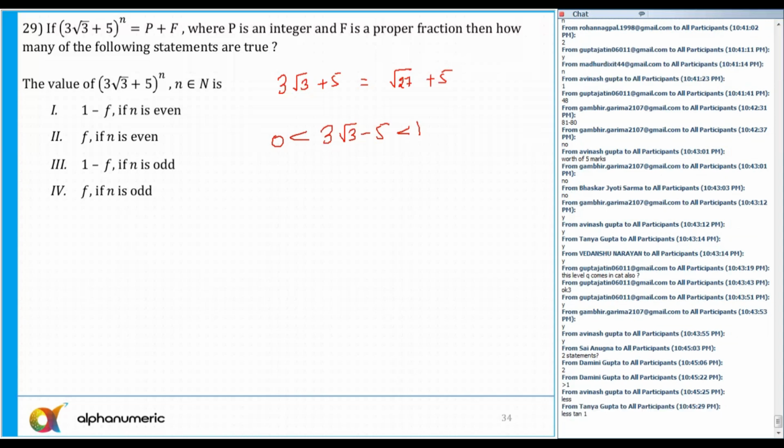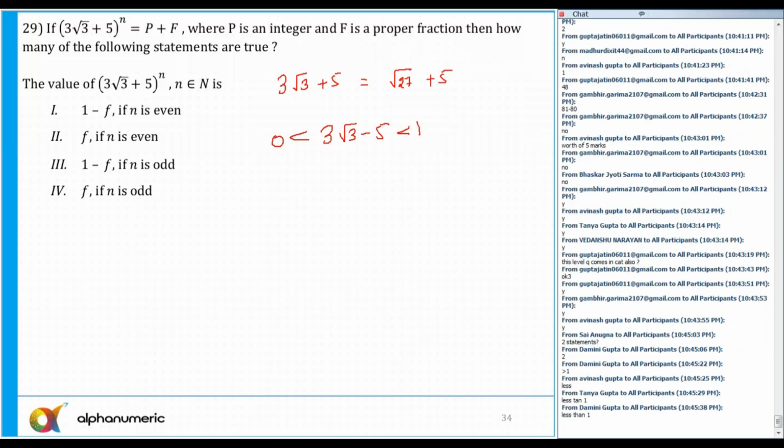It will always be less than 1. 3 root 3 is 1.732 times 3, minus 5, it will always be less than 1. The trick is that the other term will always be less than 1. Okay. So if it is less than 1, and we need to identify what is 1 minus f and so on. F is a proper fraction, p is an integer and f is a proper fraction. This capital F and small f are basically the same thing here. You do not need to be confused regarding this. Alright. So now,